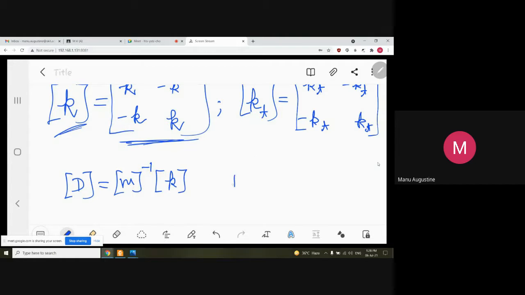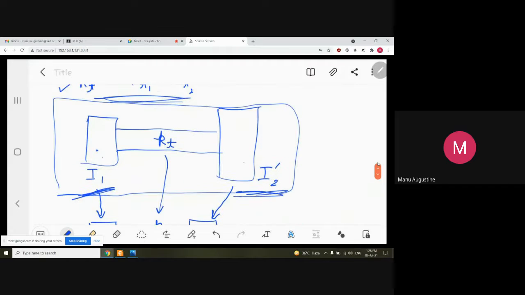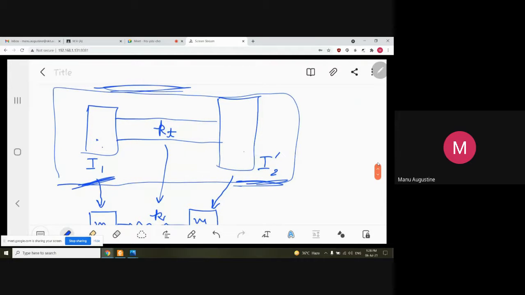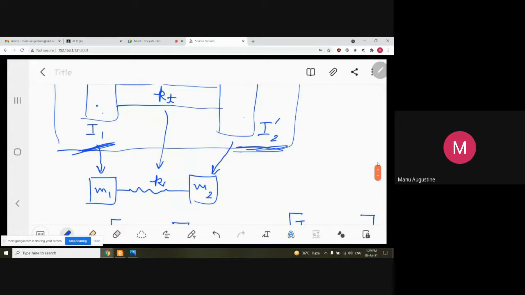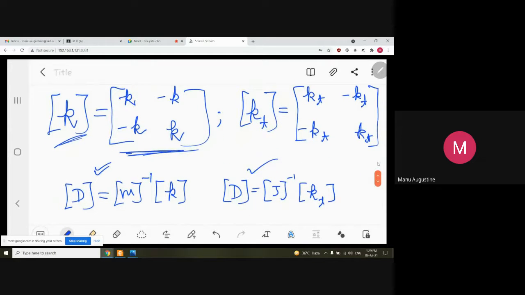तो obviously dynamic matrix आपके rotary system के लिए कैसे बनेगी, it will be the inverse of your J matrix multiplied by the KT matrix. अपन को तो चाहिए ये आप लोग रफ में चला रहे हो, ठीक है। एक दो बार देख लोगे तो फिर आपको ये काम रफ में करने की भी जरूरत नहीं पड़ेगी। You would be confident enough to directly deal with rotary systems, but obviously provided that you do enough number of numerical problems. आपको ट्यूटोरियल शीट्स में बहुत सारे न्यूमेरिकल प्रॉब्लम दे रखे हैं, सॉल्यूशन भी साथ में दे रखे हैं। अब ये टाइम आपको निकालना है कि आप वो प्रॉब्लम अपने हाथ से करके देखते हो कि नहीं देखते हो। Otherwise फिर एग्जाम में टाइम लगेगा, फंबलिंग होगी, problems will be there. Anyway,